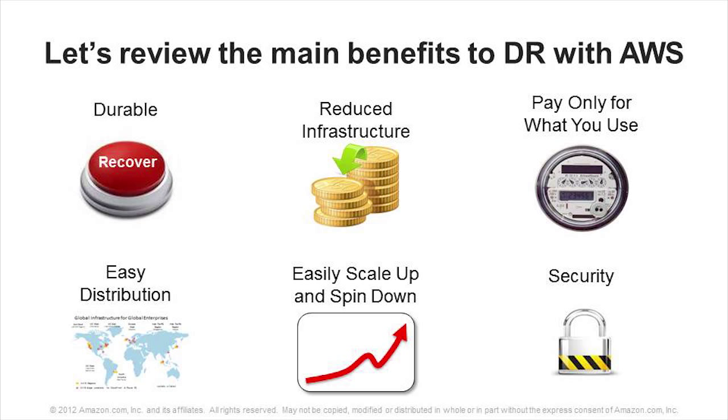We have easy distribution, so you can choose the region in which you'd like to process. And as we talked about, you currently have 8 different AWS regions around the world. You can easily scale this up and spin things down as needed. One really good aspect of this is that you can very easily test your DR plans, and I would always recommend making that testing a regular part of your business practices. Every quarter, let's say, you go through your DR plan, have a simulated pulling of the plug, and make sure that all your plans are actually going to work as expected. We talked a bit about security, and I would encourage you to take a look at our security white paper if you have any security questions.